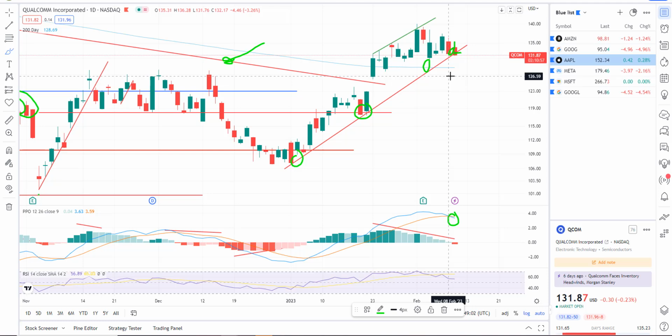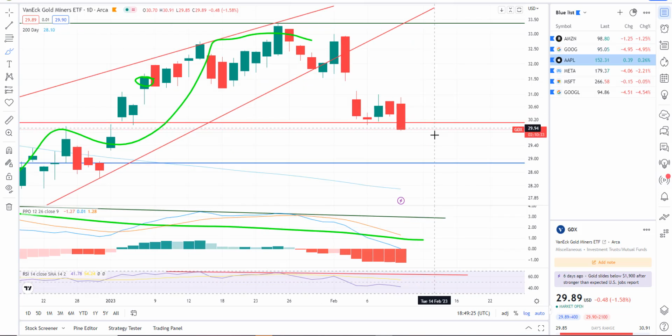I think it probably could make sense to take starting short positions on some of these. Some look better than others, but they're definitely looking weak. And that's how I feel about these right now. And we'll wrap up with